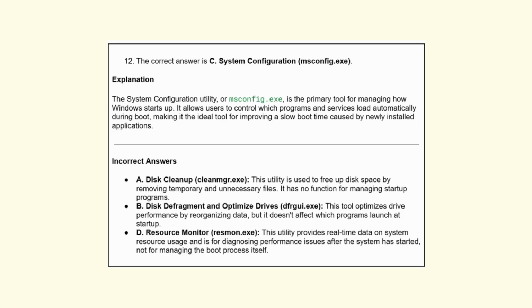Here we go. It is going to be system configuration. That's C. Remember, that is the one we just talked about in the last question when I was explaining the answers. Use system configuration to configure those startup processes. It's one of the options you have to configure startup. It seems to be the most detailed one as well to configure those startup processes and your boot options as well. All right, you can manage a wide variety of things about how Windows starts up using system configuration, or